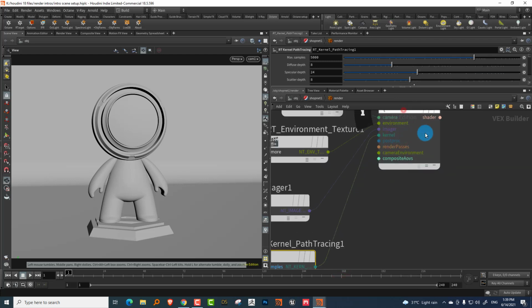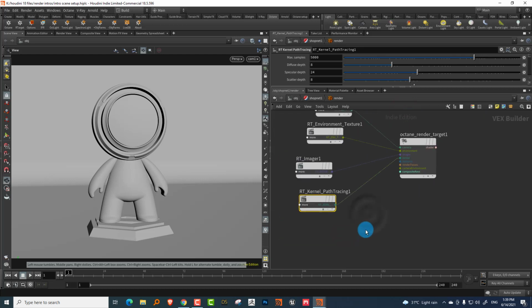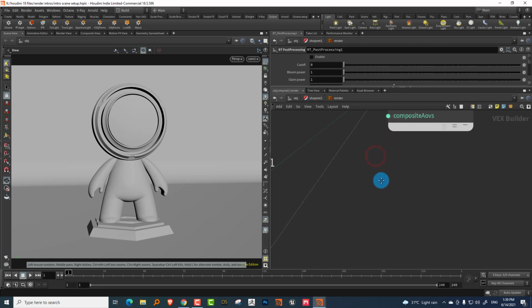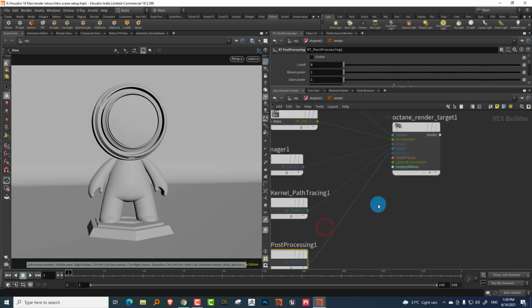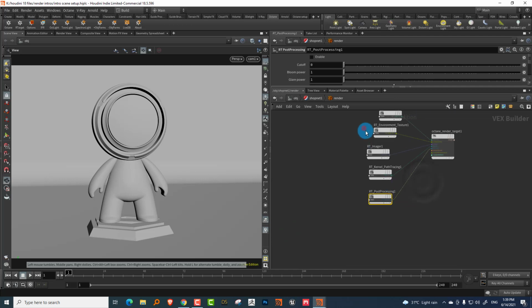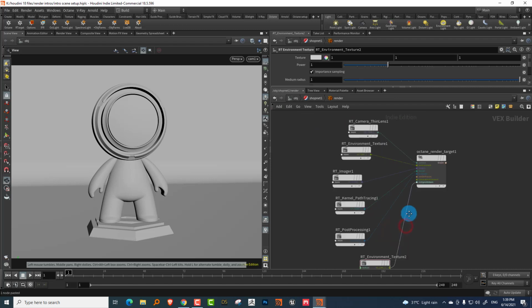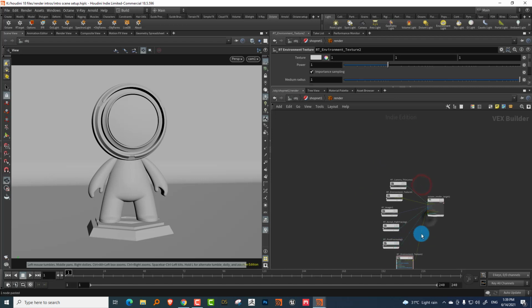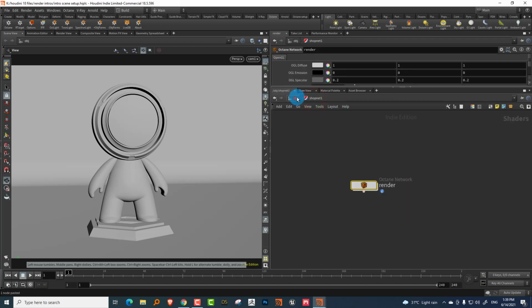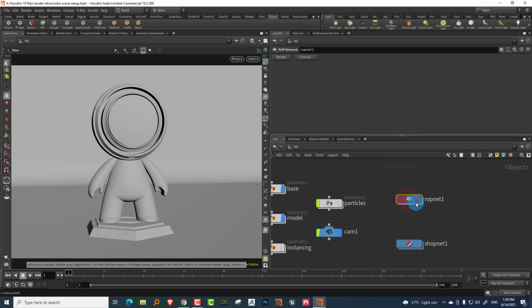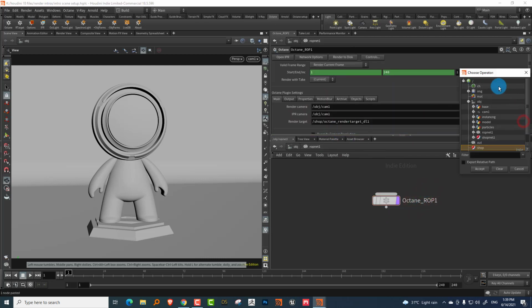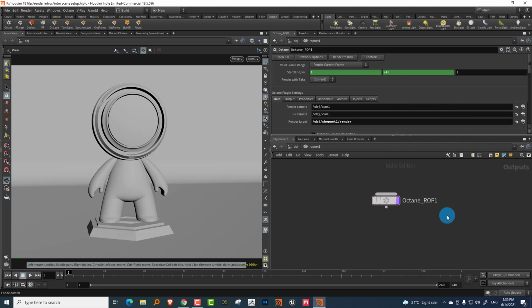And then you have post processing. So we'll type post processing. There you go. Finally, you also get something called a camera environment, which is if you want to override what you're seeing in the viewport, or in the render, you can do that. We can just duplicate this and plug this into camera environment. Once you've done this, come back to your ROPNet and pick that up. We can come into our shopnet and pick render. And now you are ready to go.